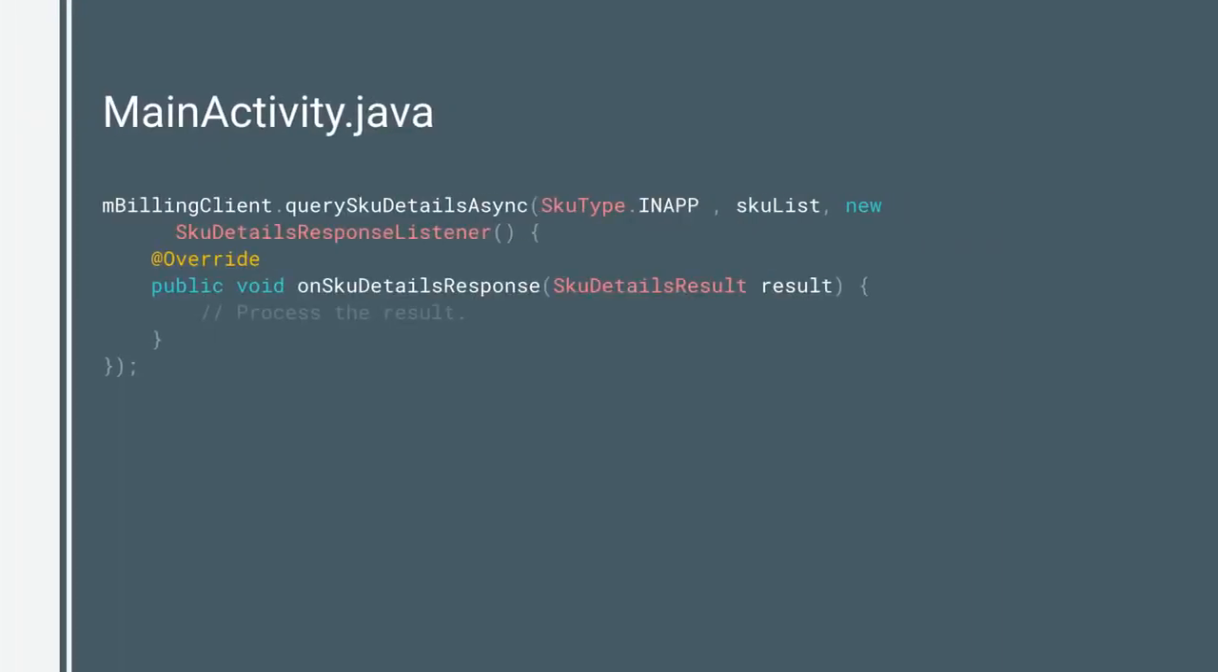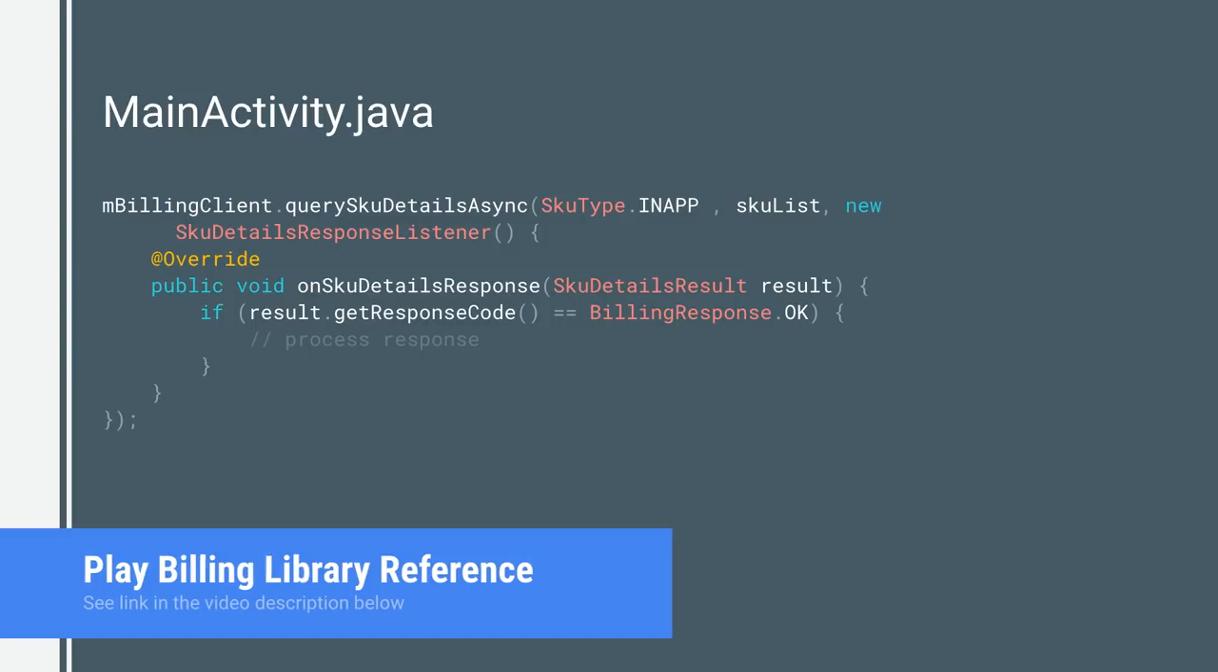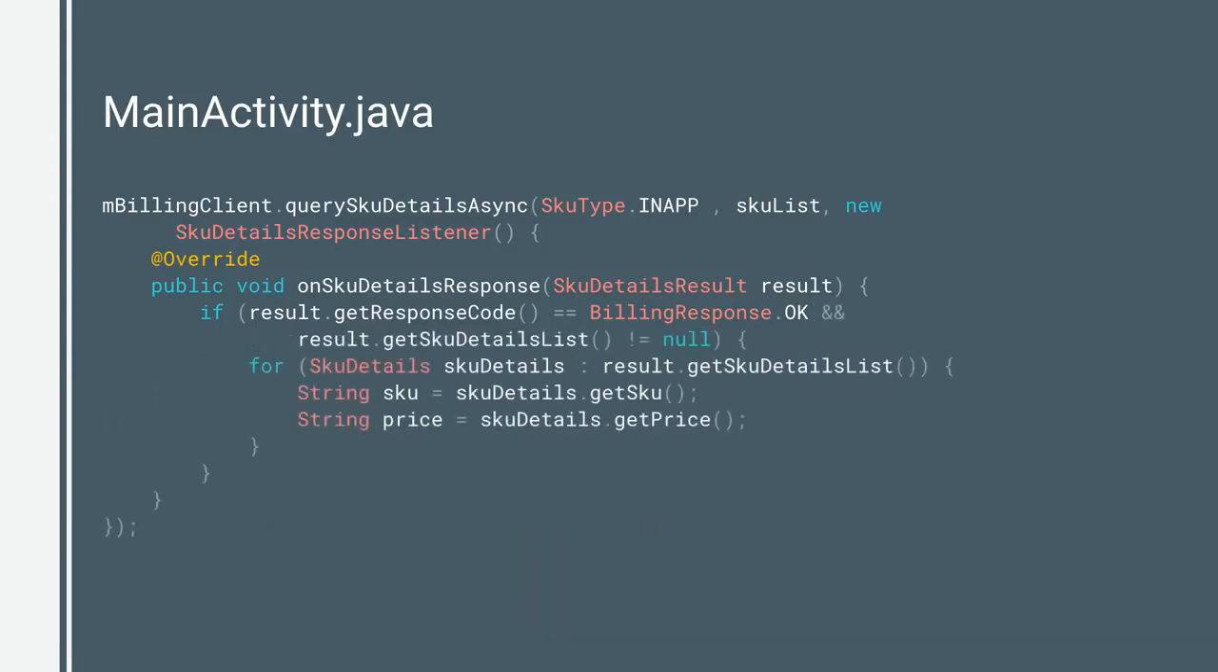You must also specify a listener which implements the SkuDetailsResponseListener interface that overrides the onSkuDetailsResponse method to handle the result. Call the getResponseCode method on the result to check for the response code. The response code should be BillingResponse.OK if the request finished successfully. To view all the possible response codes from Google Play, see the Play Billing Library reference. To retrieve the list of SkuDetails objects, call the getSkuDetailsList method. You can call a variety of methods on the SkuDetails objects to view relevant information about each item, such as